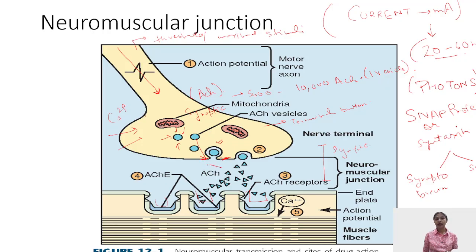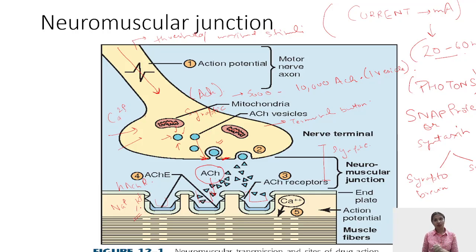Here the acetylcholine joins with the nicotinic acetylcholine receptors present at the junctional folds, and when this acetylcholine joins these receptors, there is influx of sodium and outflux of potassium, leading to the